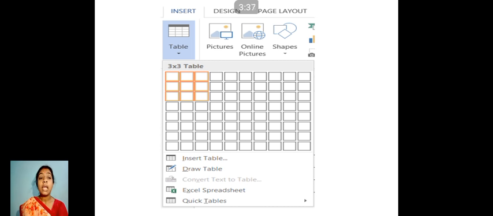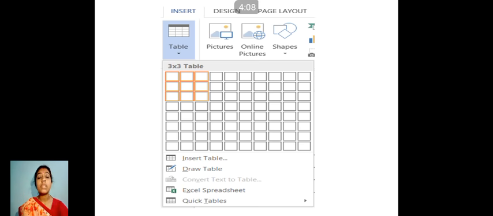Clear? Now, one was convert text into table. In convert text into table, we saw how text was written in a document without table grids, and how to convert that data into a table. We selected that data and clicked on the option Convert Text to Table. So that content was converted into a table format.